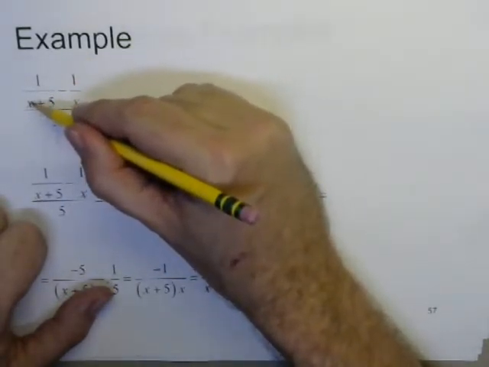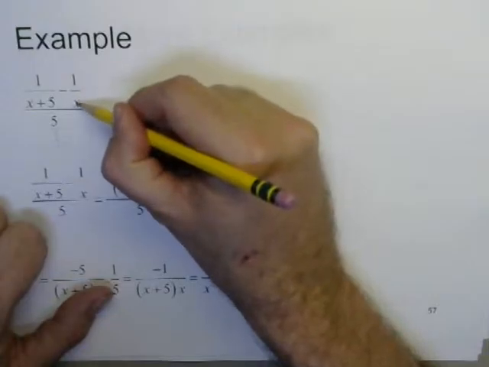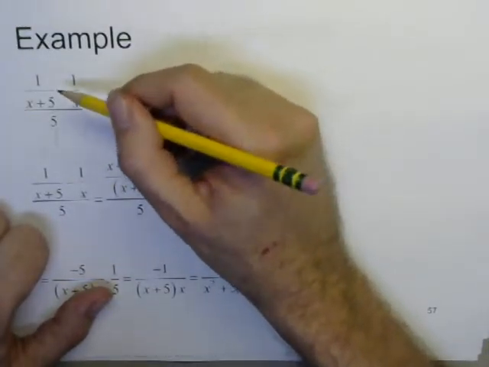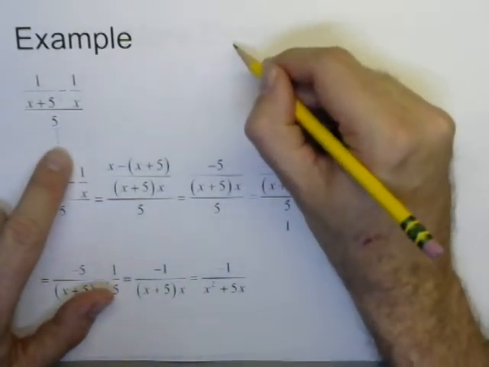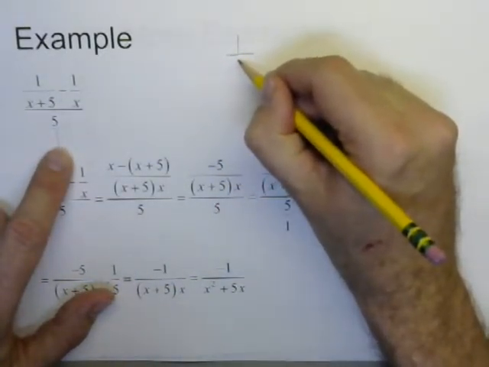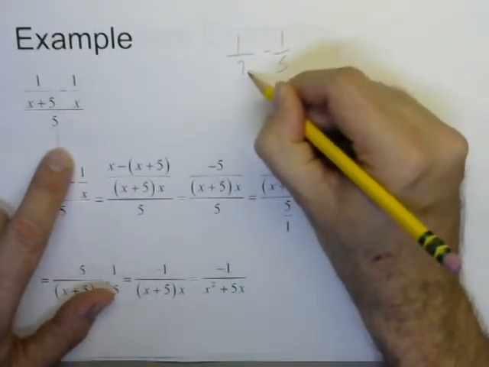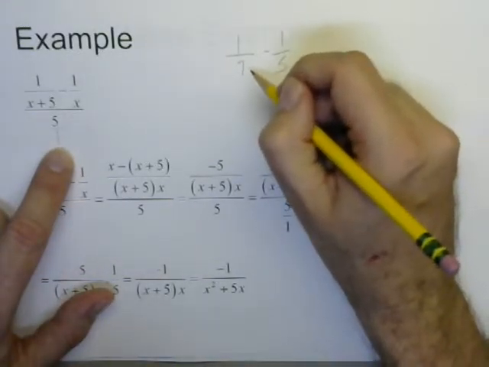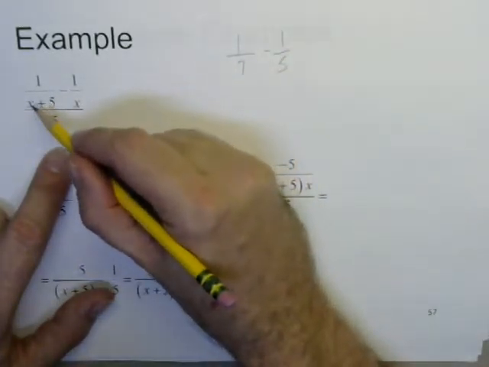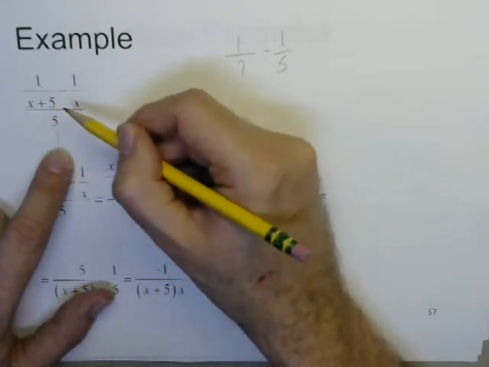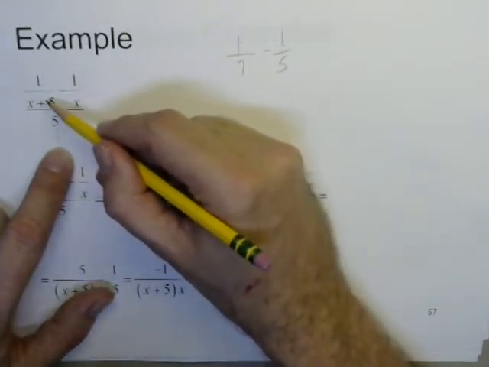So the question is, what is the LCD for x plus 5 and x? You might say, isn't it just x plus 5? Well, be careful. Imagine that x was 2. That would be like saying the LCD of 2 plus 5, the LCD of 7 and 5, is 7. But 5 doesn't go into 7. Just because this number is 5 more than this one doesn't mean this goes into this one. This is basically taking the number and adding 5, not